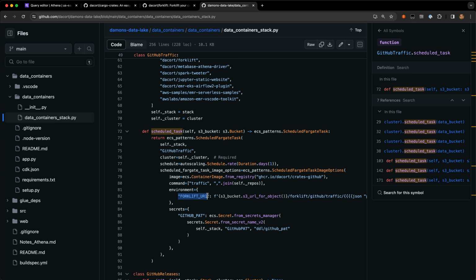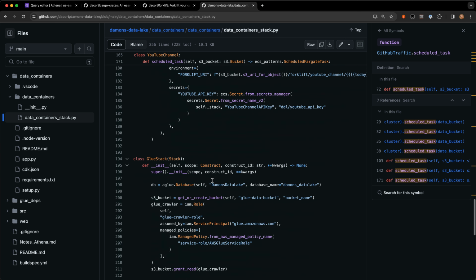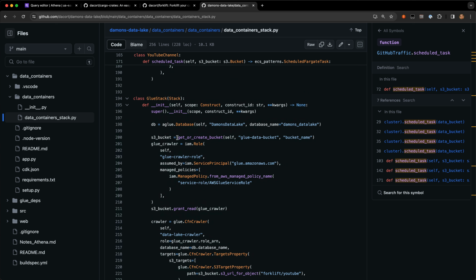There's my secret, pulling in from Secrets Manager as well. And this is a lightweight stack, just runs these containers once a day and spits that data out into S3. And then it uses Glue. Let me go down to the Glue section here, just creates a simple Glue database and a Glue crawler to go ahead and crawl that data every day. So that's all it takes to kind of deploy this and start gathering data.